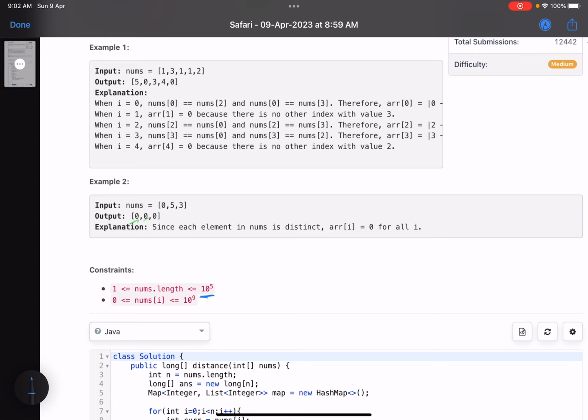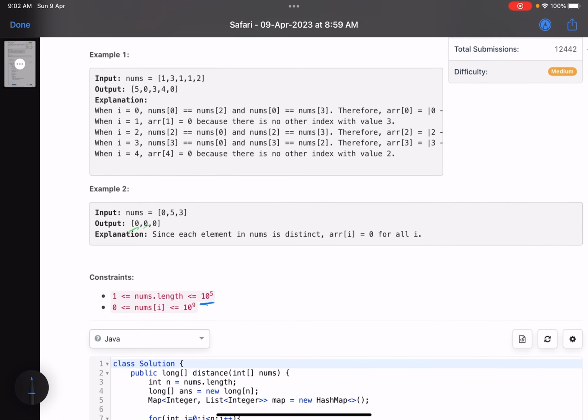If you are familiar with the carry forward technique that we have, generally we try to pass some information so that we can use it and we do not have to calculate it again and again. What do I mean by this? So here I have 1 3 1 1 2. First thing is, put the indices of all the same numbers. For example 1, at which indices is 1 present? It is index number 0, 2 and 3. Got it?